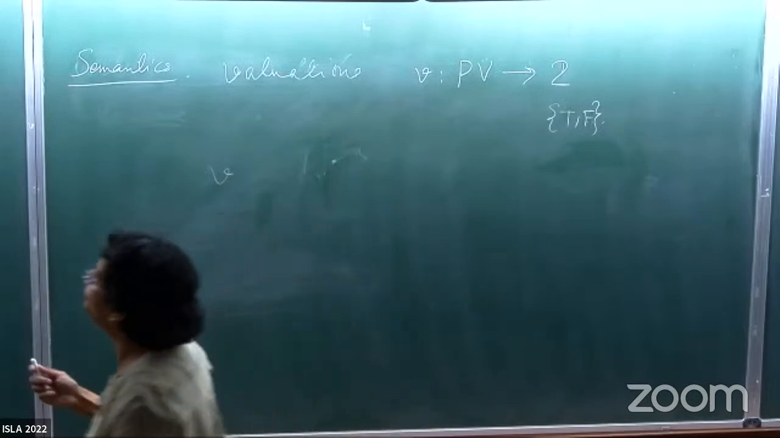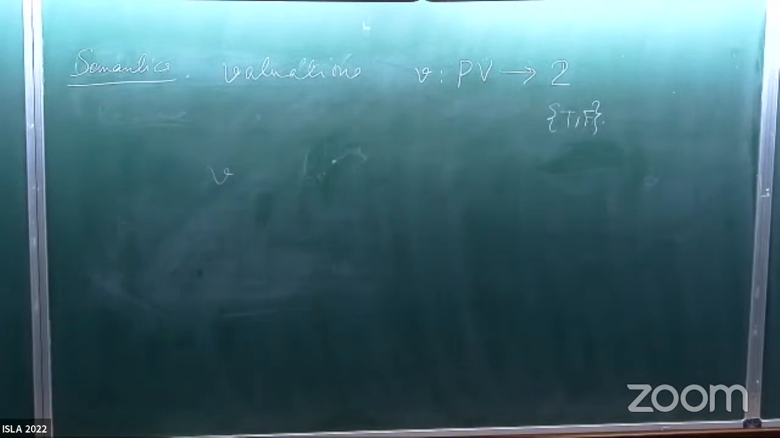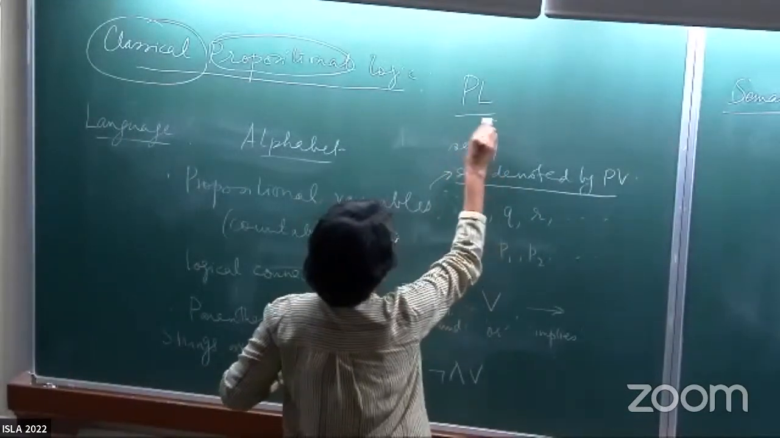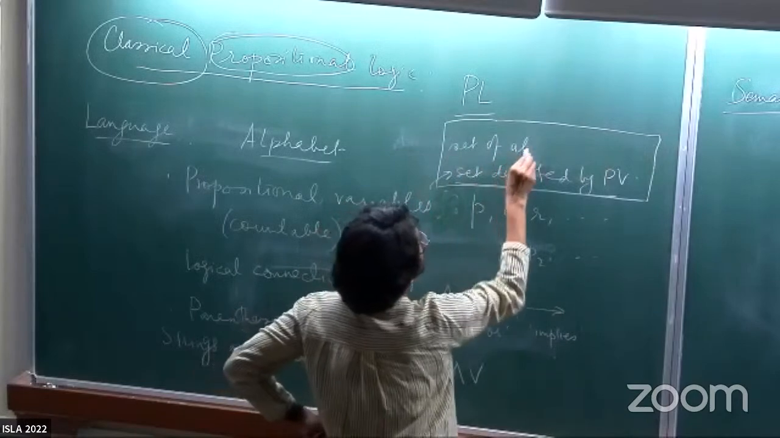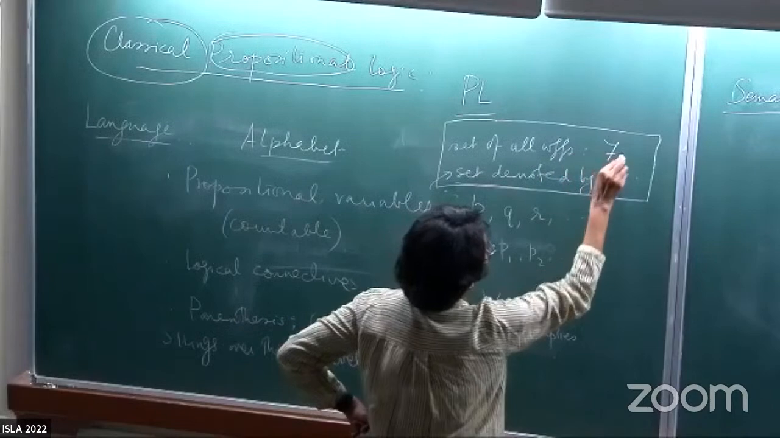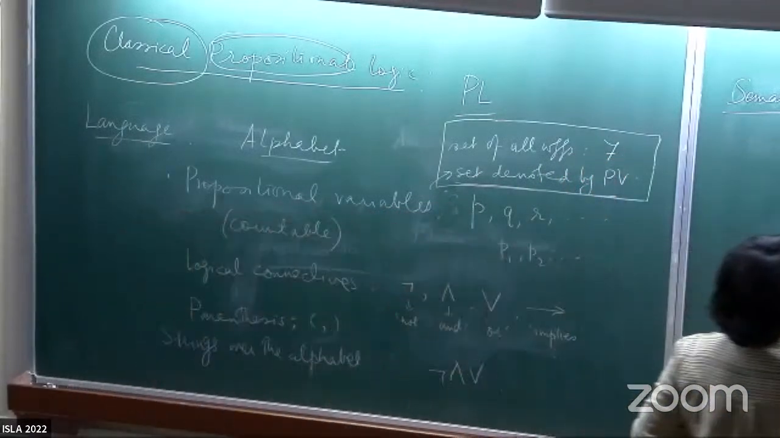We will want to move to the whole set of well-formed formulae. So let me introduce another notation. The set of propositional variables is denoted by PV, so these are my two notations for the moment. The set of all WFFs, let's denote it as script F. All right. So we will extend this